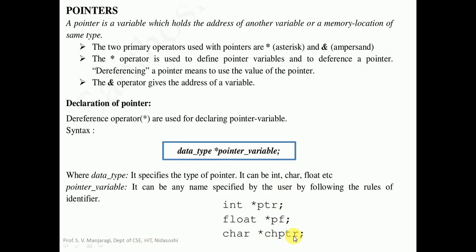It means pointer is a variable which can store the address of another variable of the same type. For example, in the pointer variable ptr we can store only address of integer type variable. Here we cannot store address of any other type variable like floating point. So that will be an error. One thing we have to remember, pointer will be holding the address of a variable of the similar data type. The data type of the variable whose address you want to store into the pointer must be same as the data type of the pointer.